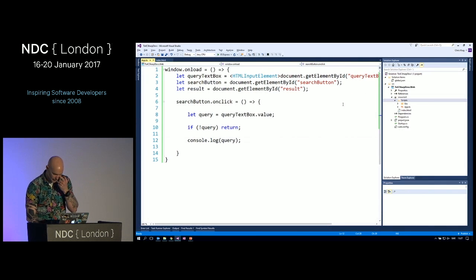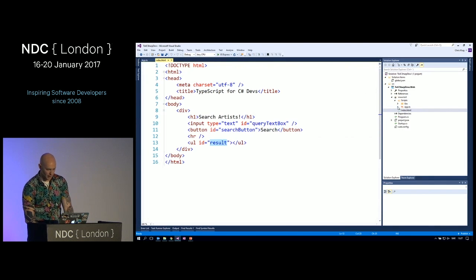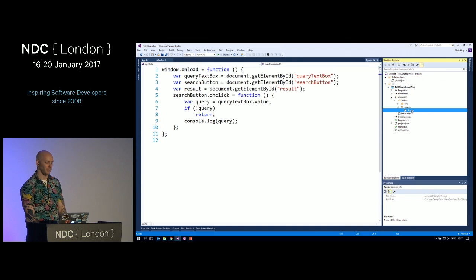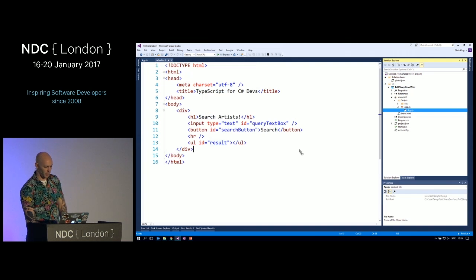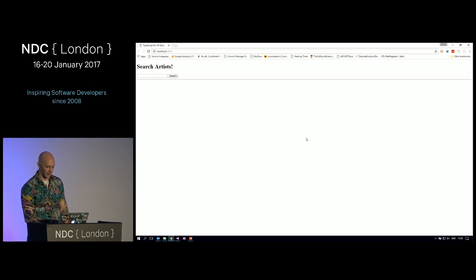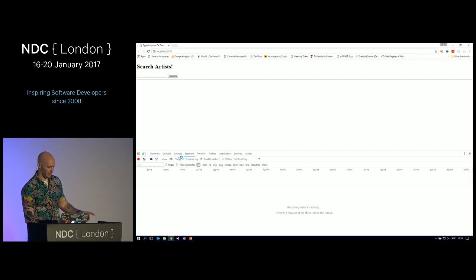So next up, I need to go to my index file. As you can see here, my JavaScript file is available now because Visual Studio has already transpiled it for me. It has figured out that I have a TypeScript file, and this is what it transpiles it into, which is very, very similar to my TypeScript, but it's not TypeScript. I pull that in down here, save,